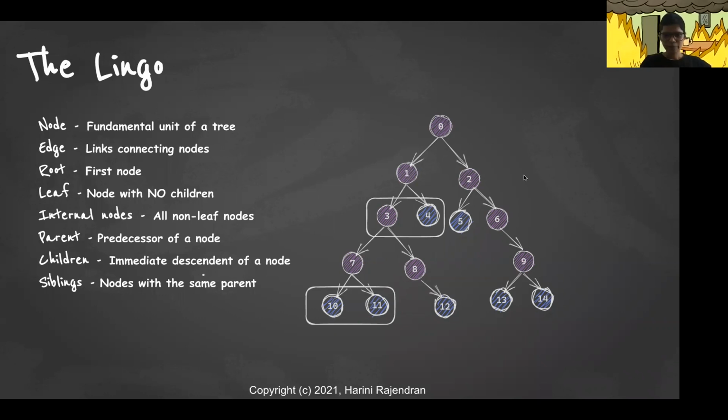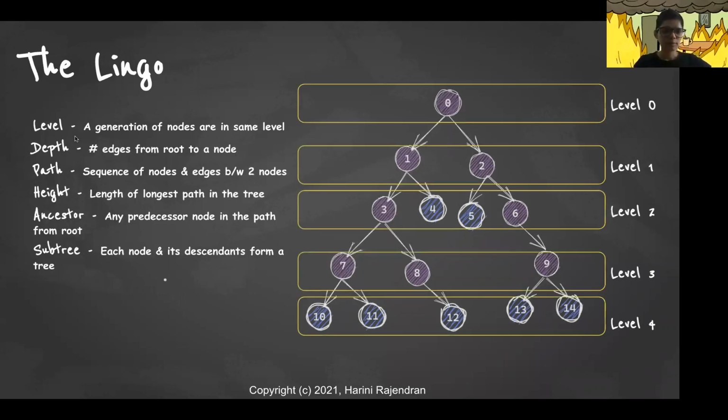And then there's this concept called levels in the tree. A level in a tree is defined like this: we can say that a generation of nodes are all in the same level. If a set of nodes belong to the same generation, they are all said to be in the same level. For example, the root is said to be at level 0, and all the children of the root are present at level 1. So 1 and 2 are present at level 1. Now, if you take all the children of 1 and all the children of 2, which are nothing but 3, 4, 5, and 6,